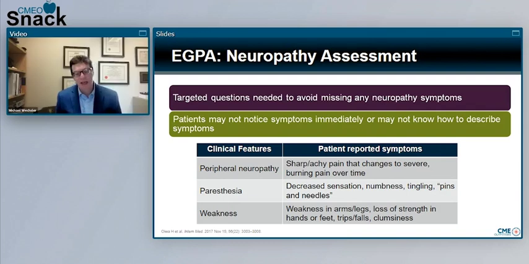Yeah, it can really impact their functional status. They can't pick up objects, or if they can't walk well, it can have a huge impact. And I think it also causes significant mental health issues as well. It can be very depressing to have neuropathy, and you put that on top of all of the other symptoms.